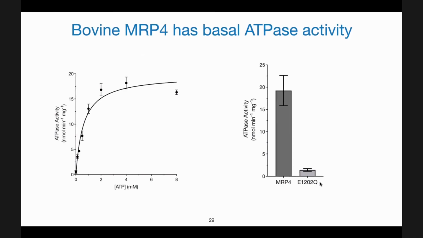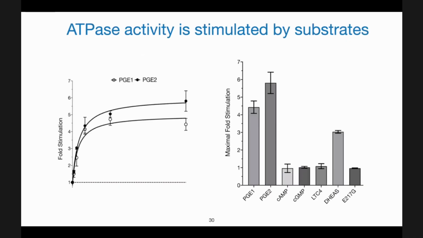So glutamate is a very important residue in NBD domains, especially because it polarizes the water molecule to catalyze the ATP hydrolysis. Because it is very important, if it is mutated, then the ATPase activity goes down, which was actually demonstrated in this experiment as well. So after confirming the functional activity and going through these controls, we also characterized the ATPase activity with its substrates.